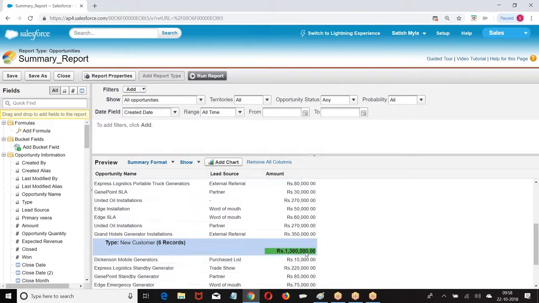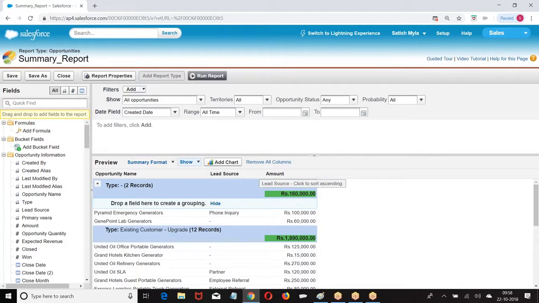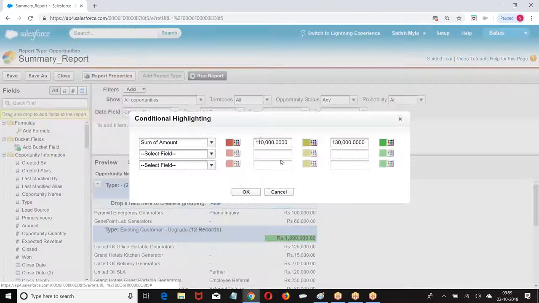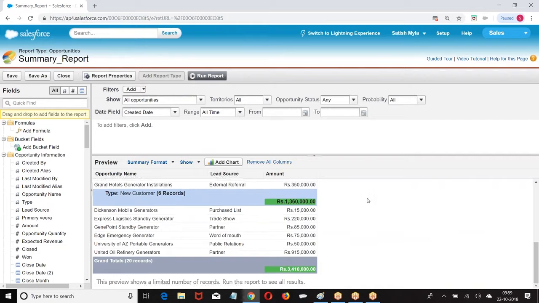What was it? We got different colors for different values. Now I will go with conditionality again. Are you getting my point here? So we are just trying to apply some extra colors to this.